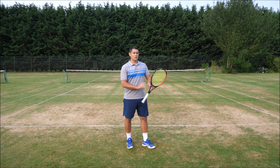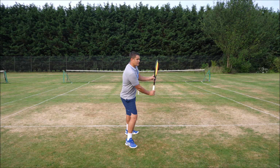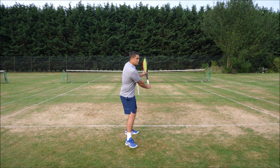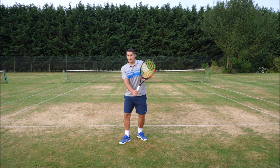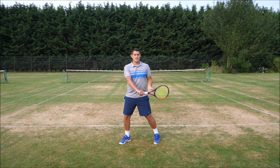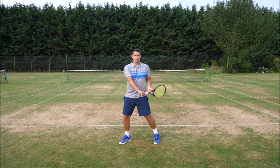So next time you're working on your one-handed backhand, feel that this non-hitting hand, your top hand, is really involved in the stroke. It's helping that preparation phase, it's helping you lift that racket head higher in the grip, but it's also holding the throat until the lag position. So it's holding the throat from here. I'm taking the racket now back behind me, just like Stan does, and eventually I reach a position similar to this. This is where I now take off my left hand. So my left hand will come off the racket,